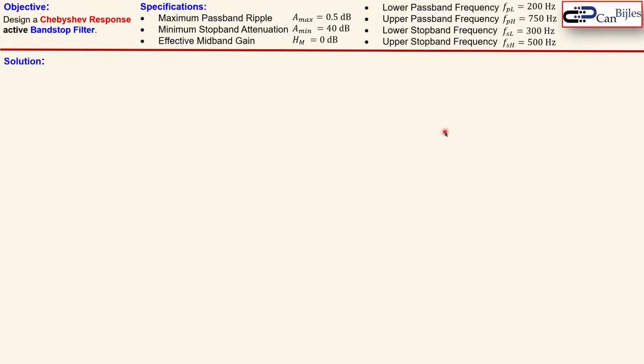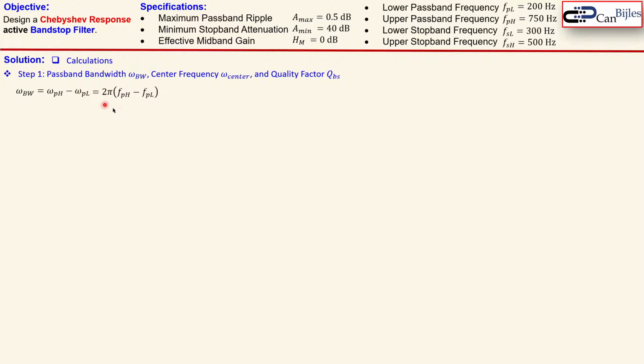Okay, let's see how we can calculate the required component values for our filter now. Our first step is the passband frequency, center frequency, and the quality factor from these two values. The bandwidth is the upper minus the lower passband frequency, which is given here in Hertz, so we can calculate that also using this formula, and it will result in 2 pi times 550 radians per second. The center frequency is the geometric mean of the upper and the lower passband frequencies using this formula. When you substitute here the values, you will get here